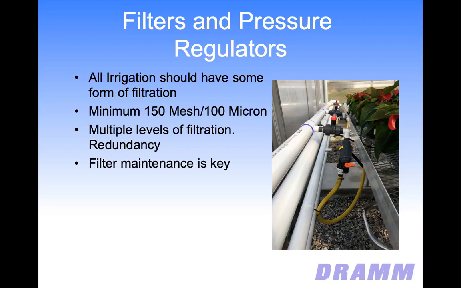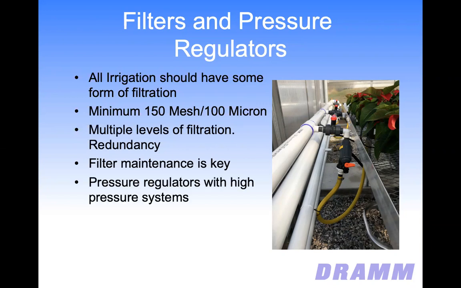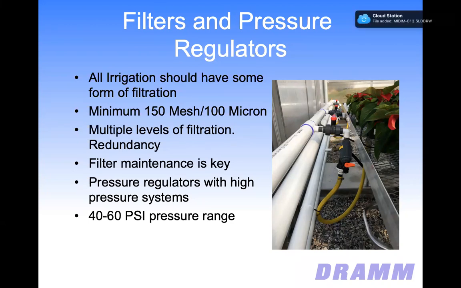Because if those become fouled in any way, they're really not doing anything to keep the emitters from getting clogged. So again, 40 to 60 PSI is the typical pressure range we want to get. If you have a city water source or a pressure above 60 PSI, you're going to want to use a pressure regulator to keep that in the proper pressure zone for all these emitters or sprinklers that we're going to